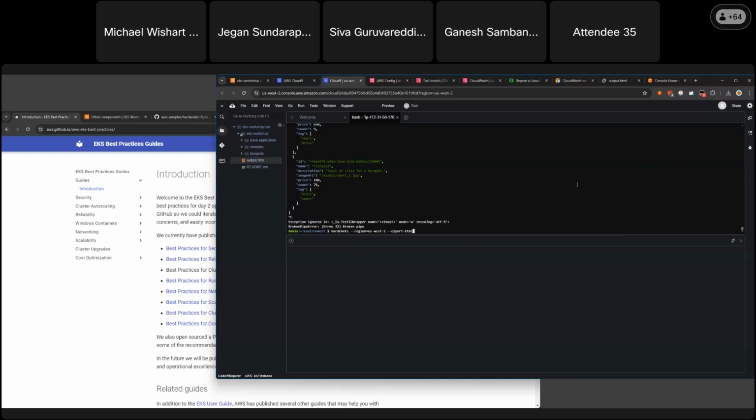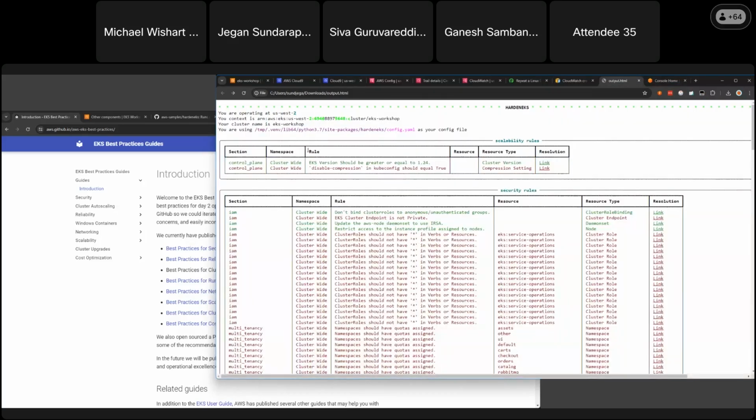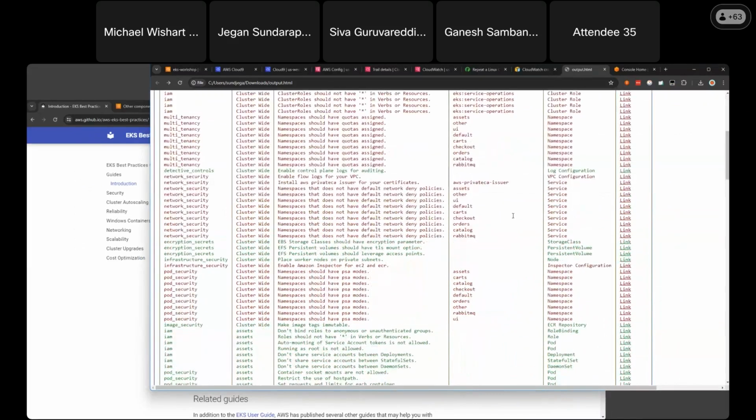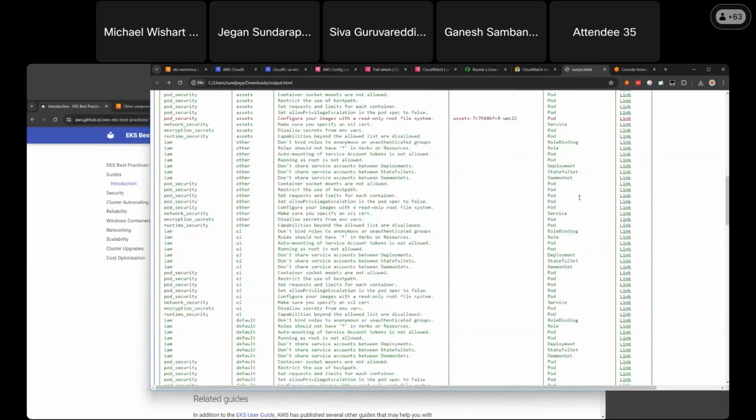This is pretty much the command, harden EKS. You specify the region, and then you export the output as an HTML. You run this against your environment, and it generates an output which looks like this. It's a super detailed report of your EKS cluster, documenting all the findings.